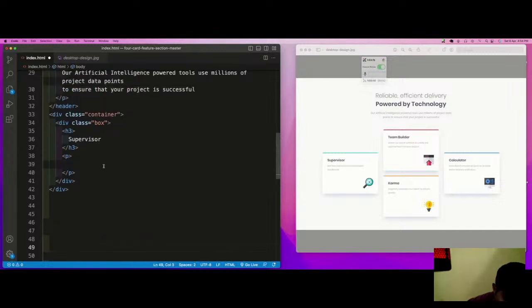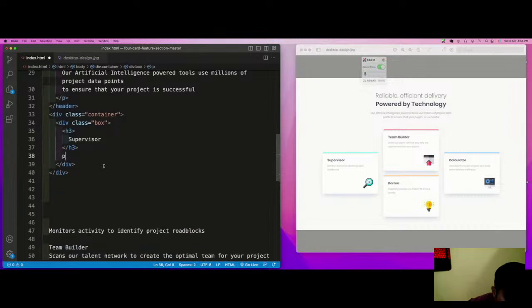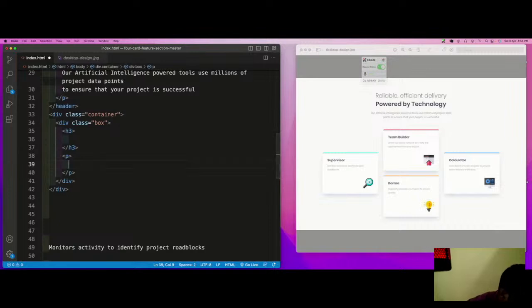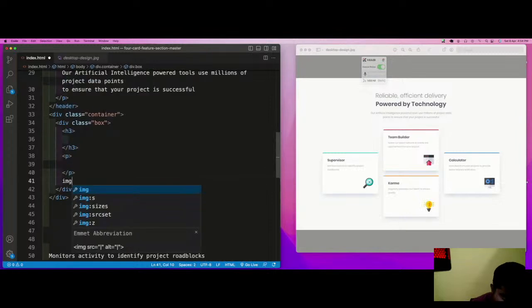One second. Let us create the structure first. H3, para, and after para we have to have an image. So this is the structure which we are going to replicate.